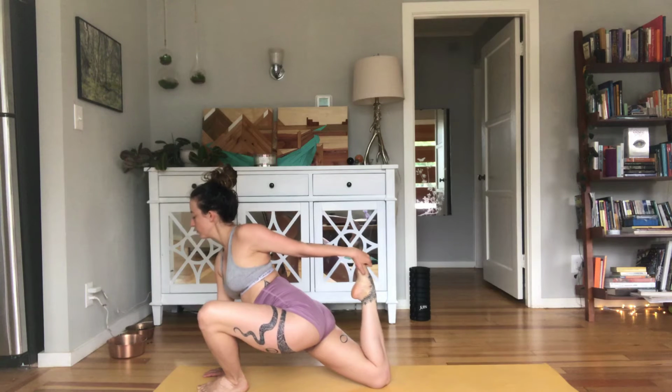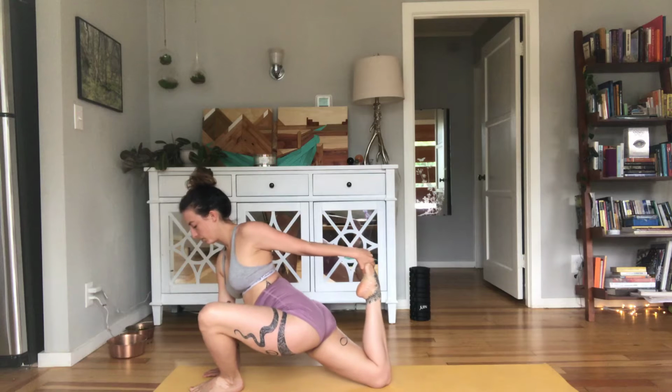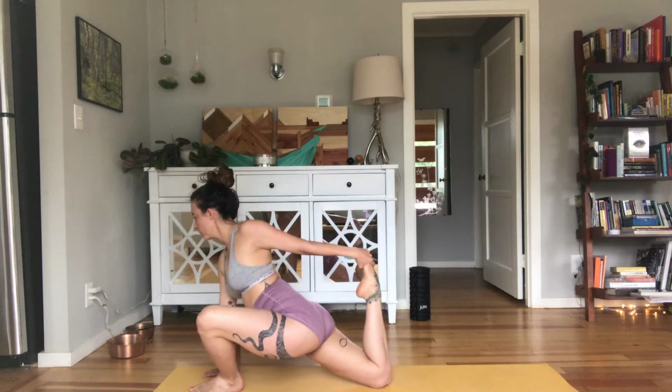Good. We're going to go ahead and kick the foot into the hands, squeezing the glute, dropping the hips for 8. 6, 5, 4, 3, 2, and 1. Then we're going to sustain, squeezing those glutes, dropping those hips, pressing the foot into the hand,